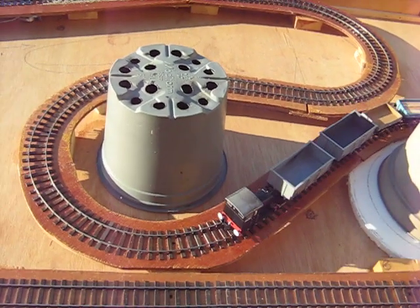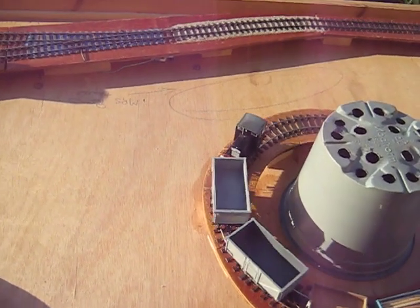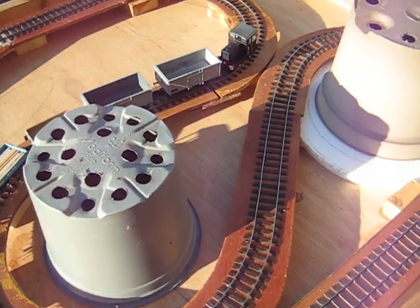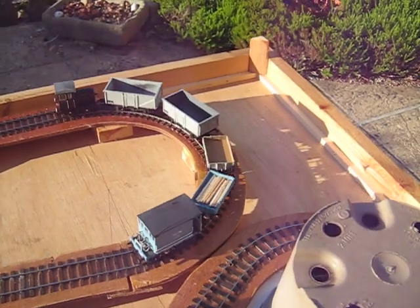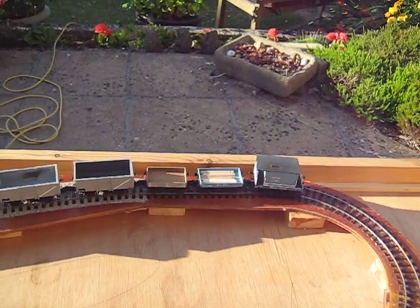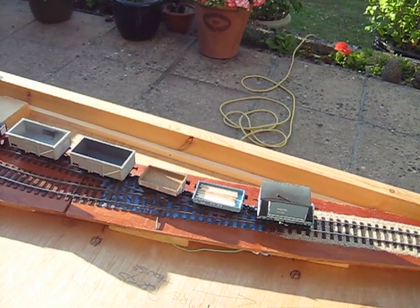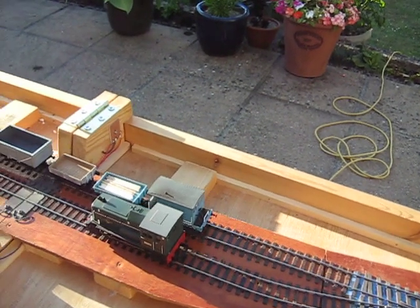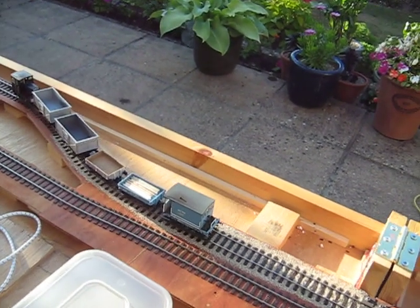and it goes round. Obviously the 16 tonners were a 9-foot wheelbase, so that has them nice and short, which is just what you want on something like this. And then of course the other 2 open wagons are white metal and brass kits from Roxy Mouldings, and they're on very short wheelbase. And at the very back we have a Slater's 10-ton Midland brake van, which again just suits the size,